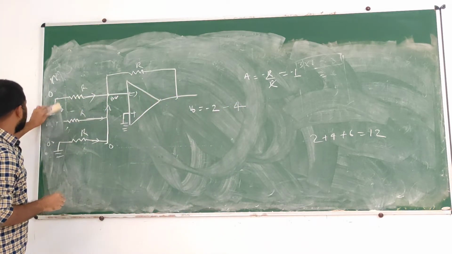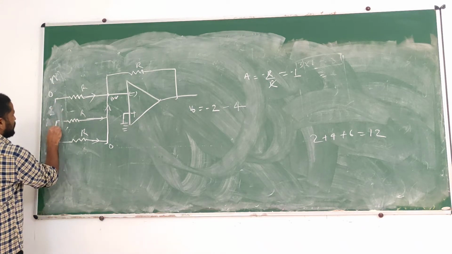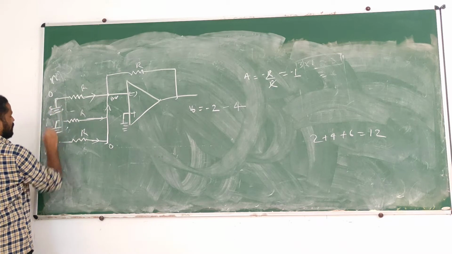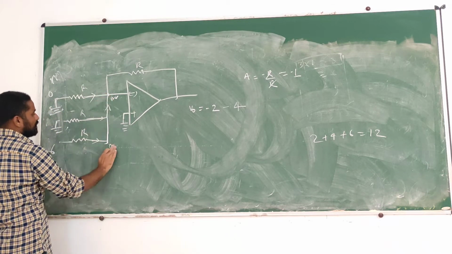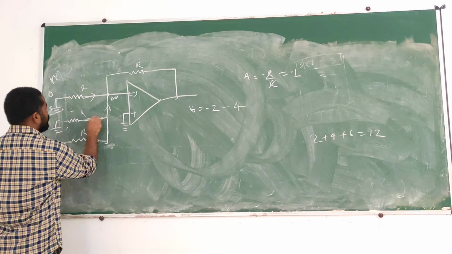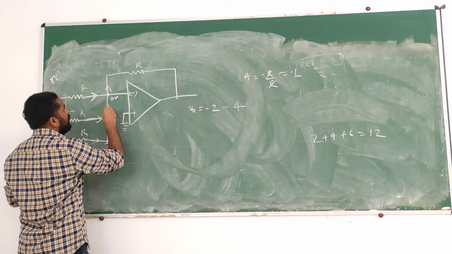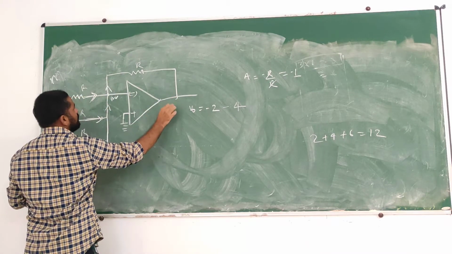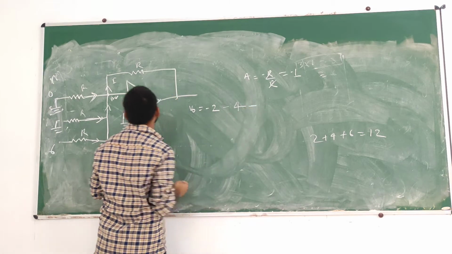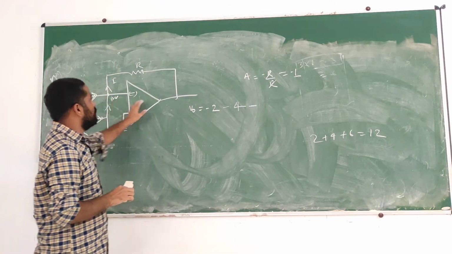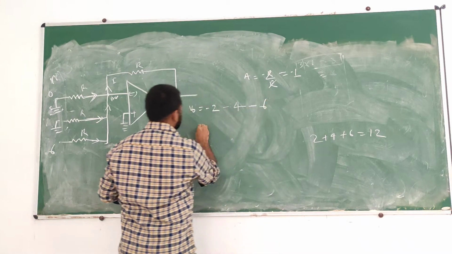Now if you want to take the effect of this third one, now you need to ground. If you ground this one, then this is your 0 volt, then there will be no effect, no current will be flowing, only the current because of this will be flowing, and V naught will be nothing but this current minus I into R, and we know the gain is minus 1, so output will be minus.